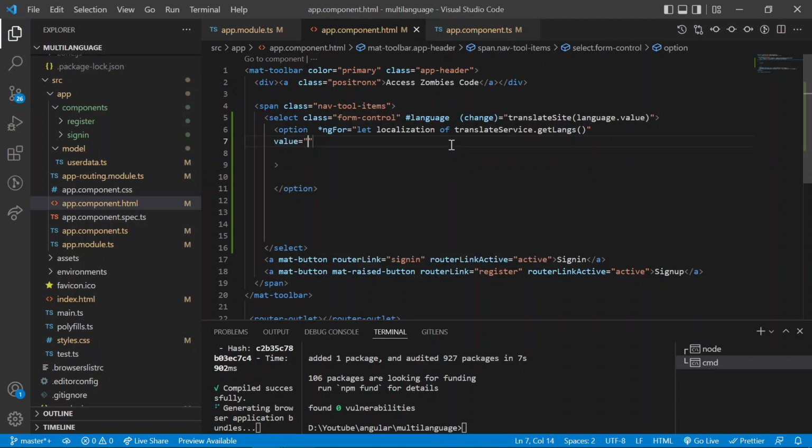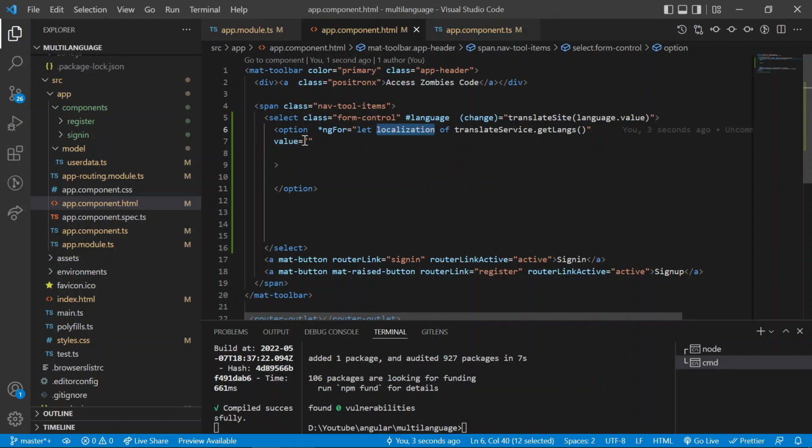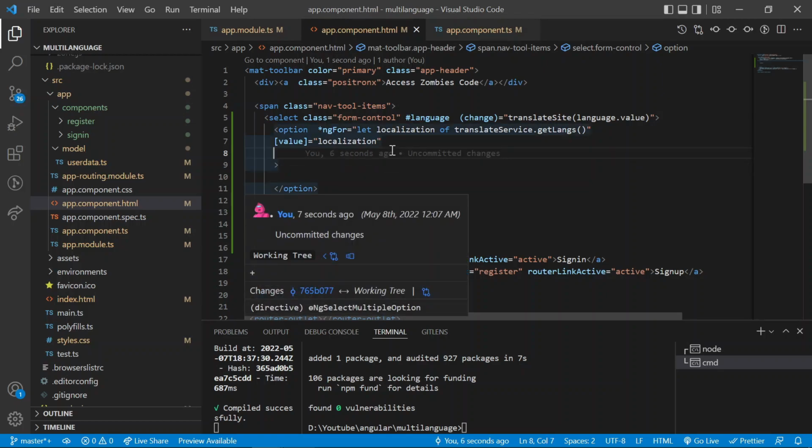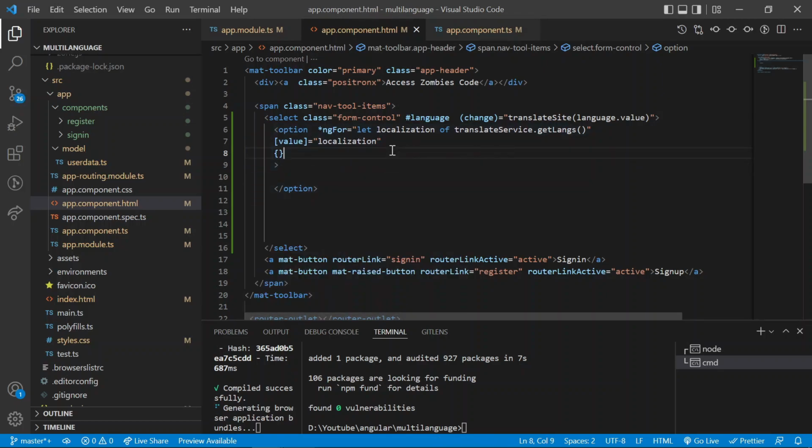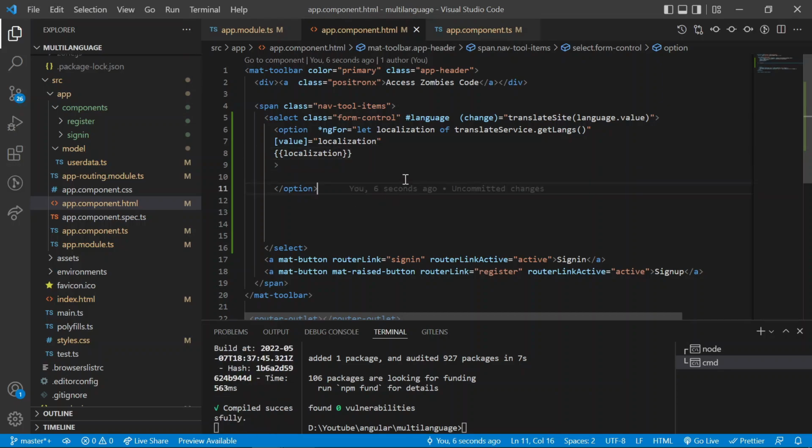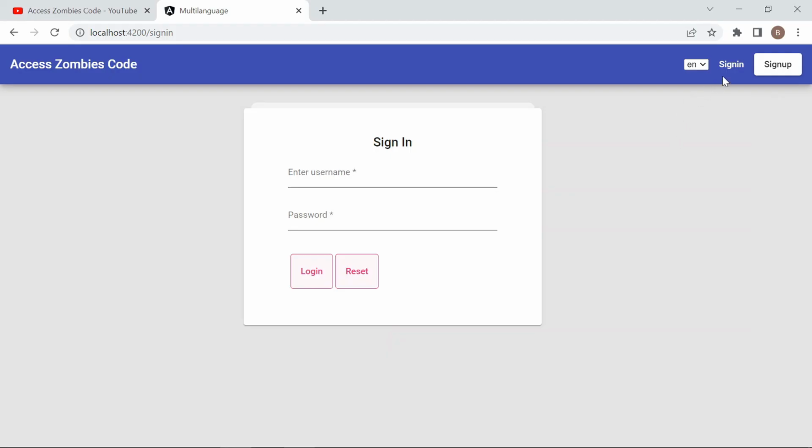So the value is localization. Let's check whether the select button is created or not. So the select drop down button is created,